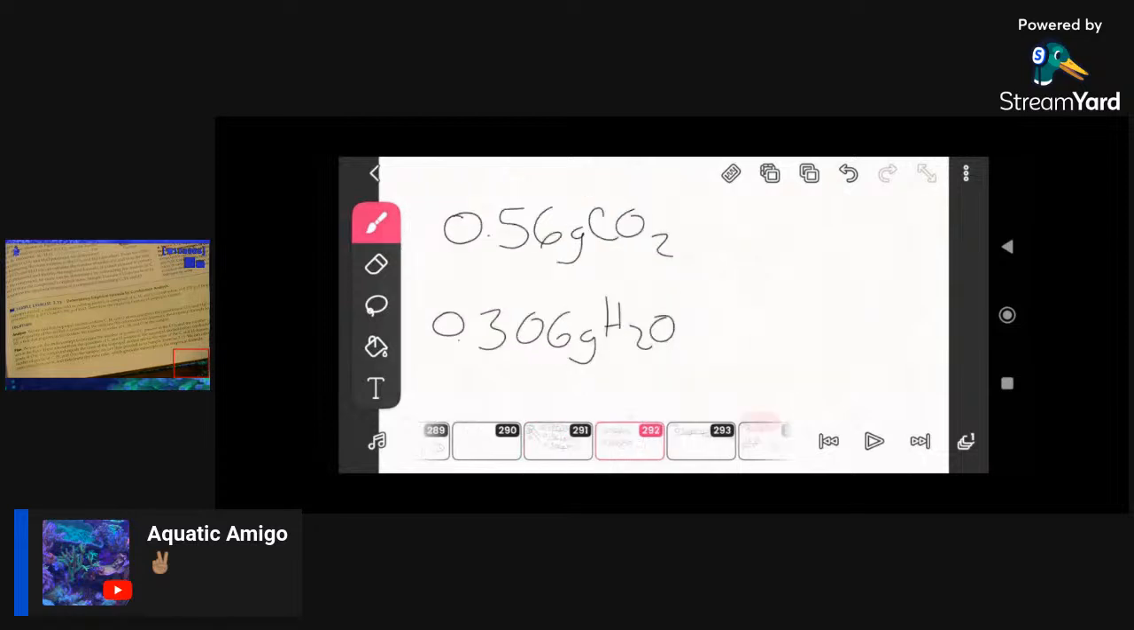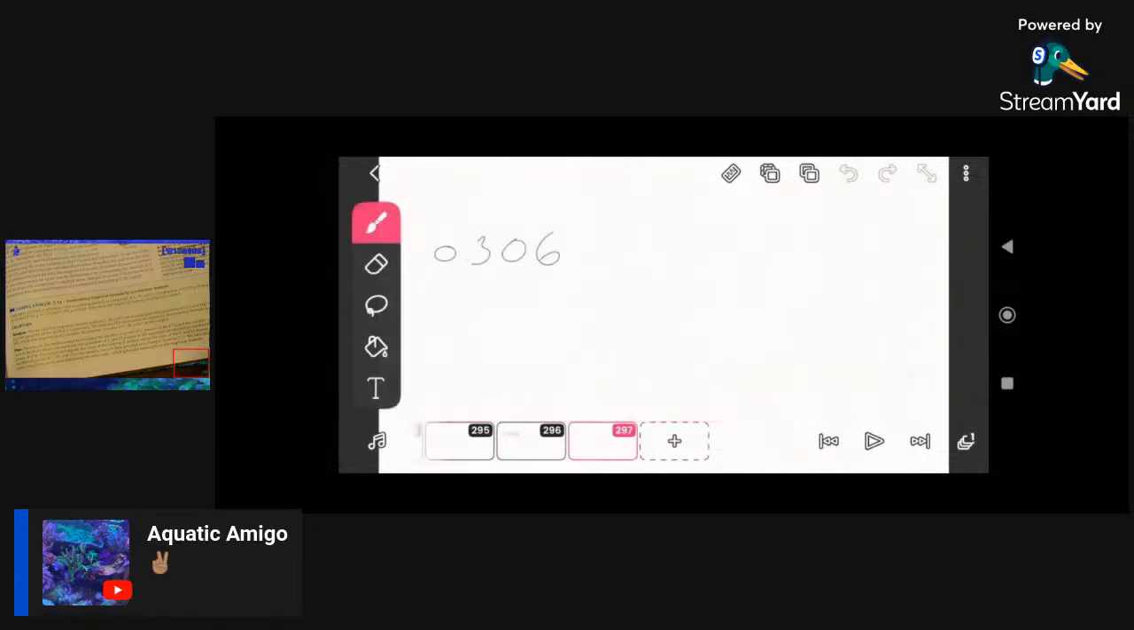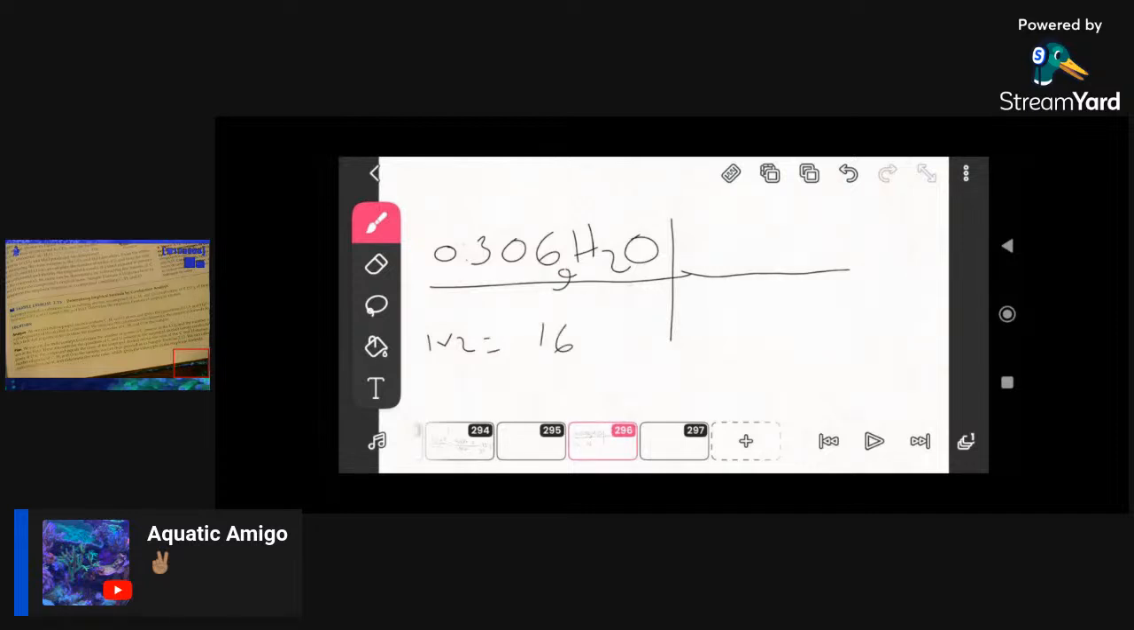Now we've got to solve for 0.306. So we've got 0.306 grams of H2O, right? Hydrogen weighs 1, 1 times 2 is 2, plus 16 is 18. So 18 grams of water weighs 1 mole of water. And then 1 mole of water has 1 mole of,